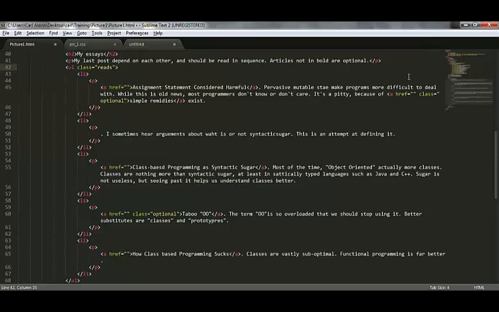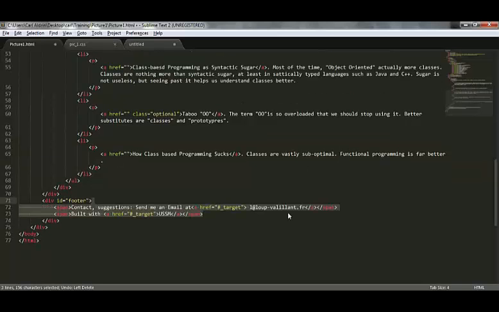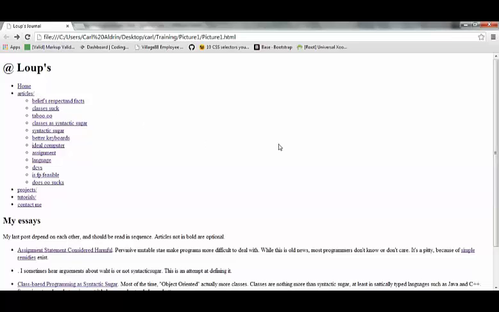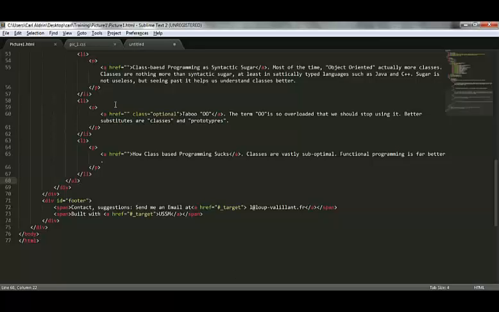Lastly, we will put the contact details at the footer. We will enclose them into span tags for future CSS changes. So now let's save it and let us look at the output. Now it has no style and a little bit unorganized. So we can solve this by using a CSS.